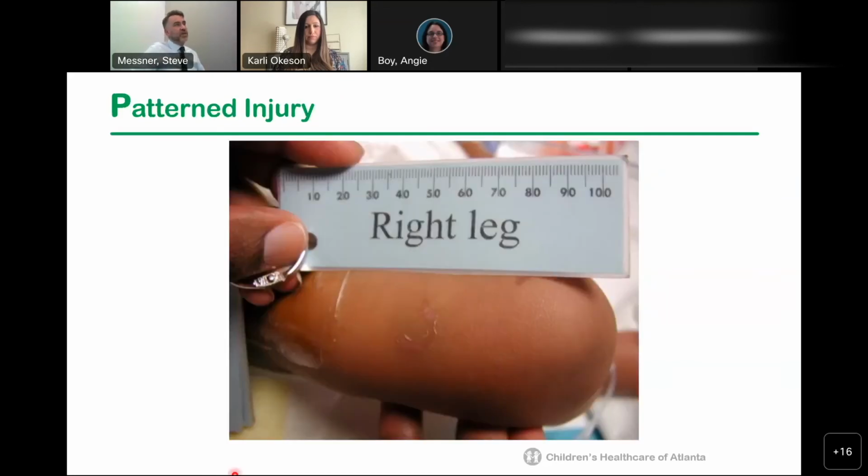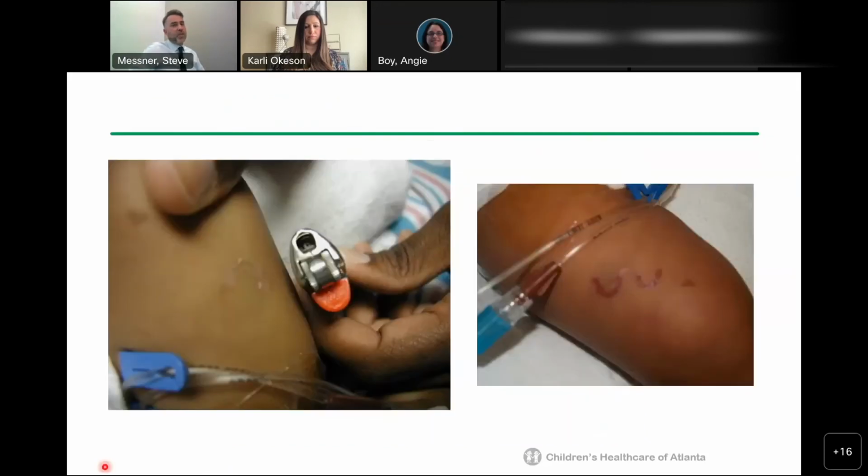Sometimes we'll see this patterned injury. Looks like a little U or a horseshoe. This is from a Bic lighter, very classic horseshoe shape or parabola. We just took this lighter, put some lipstick on it, and then stamped it next to and on top of the injury. I was able to say in court that this was consistent with being burned with a